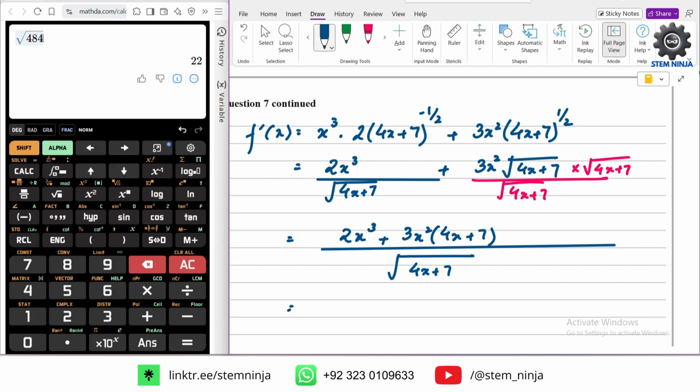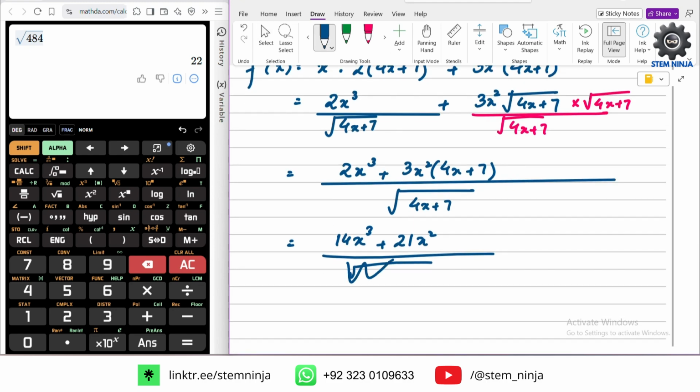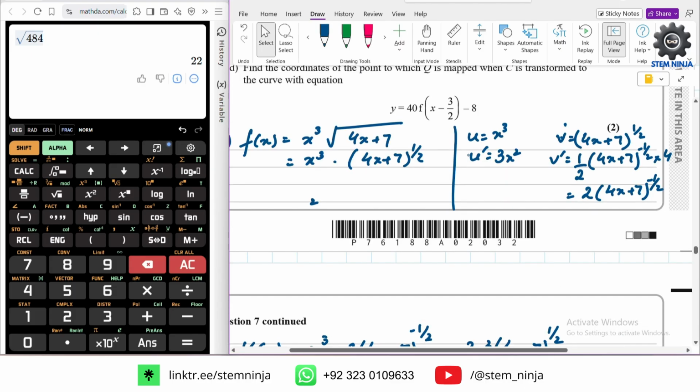This will simplify to be 2x cubed plus 12x cubed, 14x cubed plus 21x squared, sorry, 4x plus 7, and again